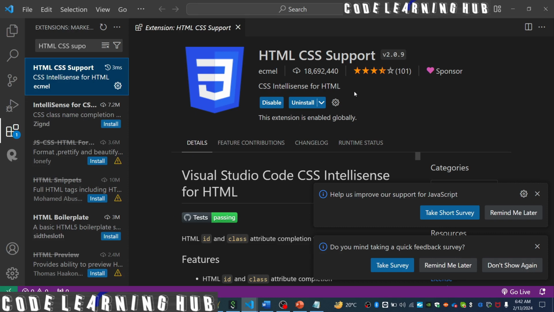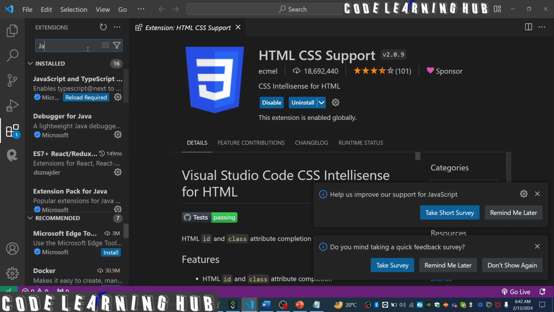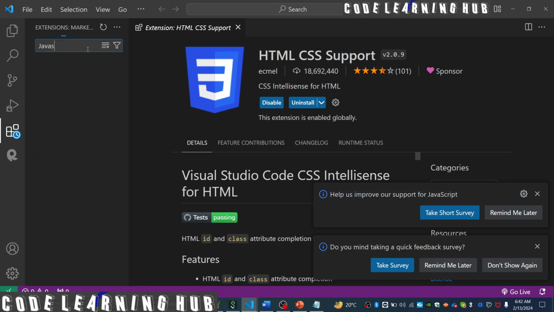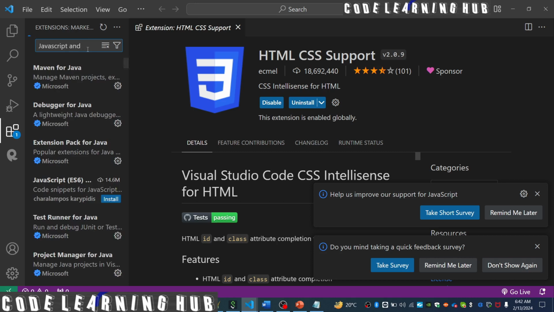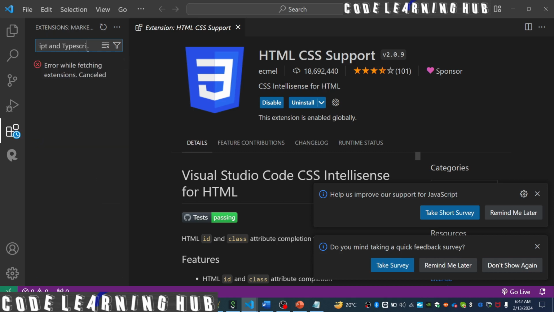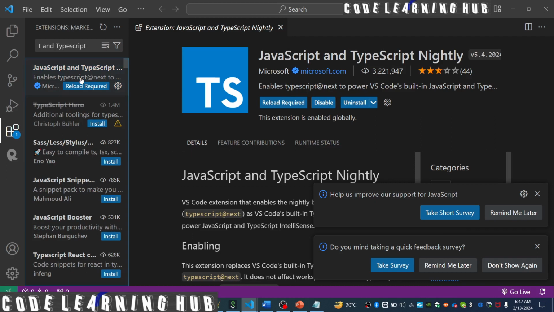So please install this extension. I already have it installed, so I see this uninstall button. So just install this one, and JavaScript and TypeScript nightly. Yeah, even this needs to be installed. As I have installed it on my machine, it shows the uninstall option,